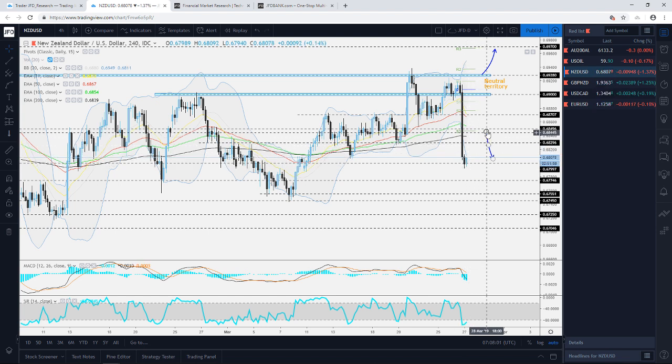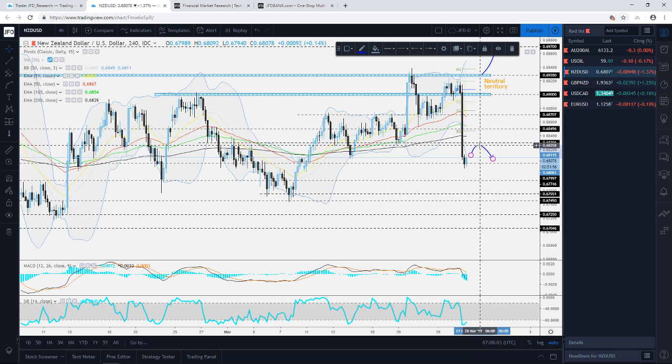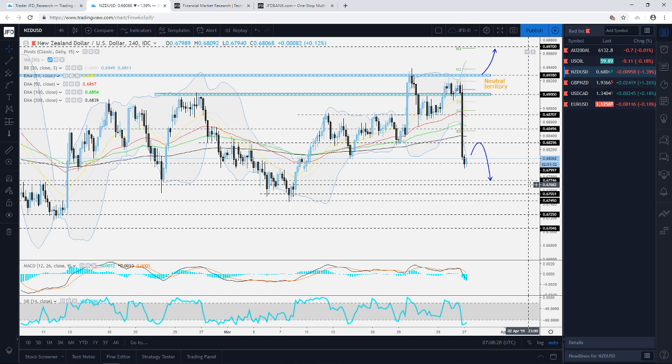Of course, we could see maybe a bit of a rebound back to the upside, maybe travel back towards the 0.6830. But if the bulls fail to drive the pair back above it, then we might see another leg of selling, maybe another possible test of the 0.68 zone. But if this fails to hold, then further declines are possible, and this is when we will aim for the 0.6775 zone approximately there.